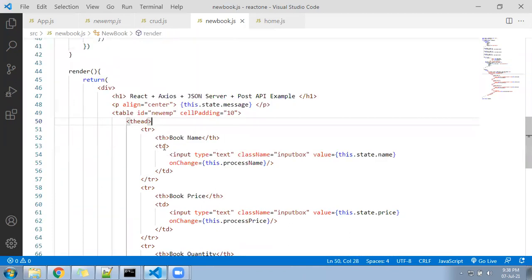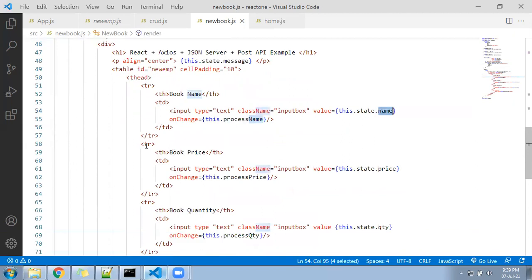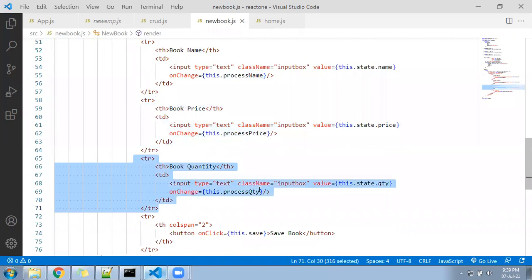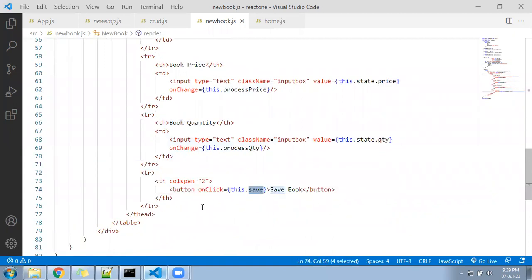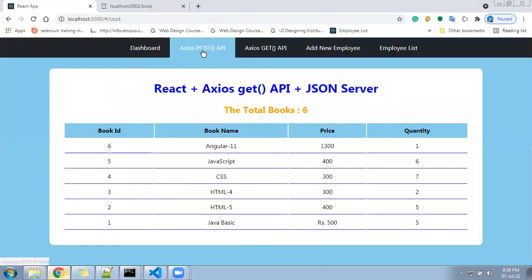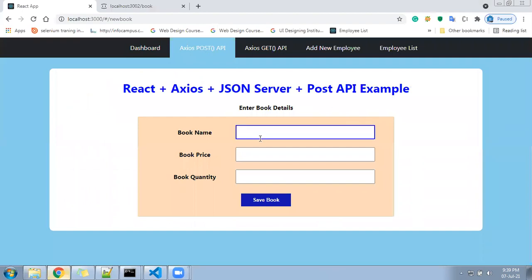Look at here. This is the design where onChange is equal to a function we are calling, and value equal to this dot state dot name to clear the text box. Same thing we did for the second row also, third row also, and finally on button click we are calling the save function, right? This is the entire process of the code, and here is your output. Finally, I'll keep my name here, Sriram, and I'll write price as nothing brothers, and the quantity also nothing brothers. Let me save, and it says CRM saved successfully.